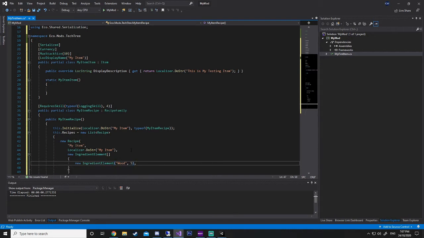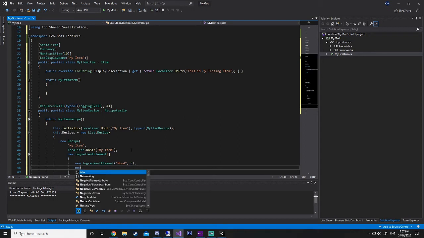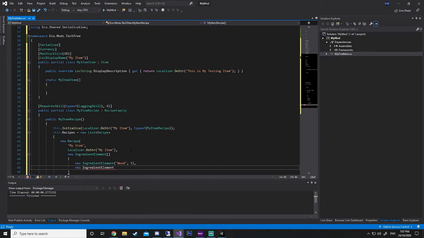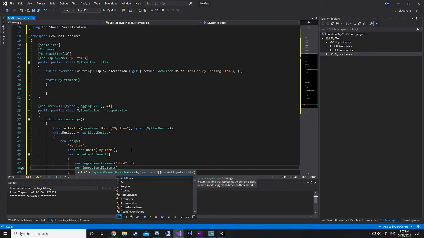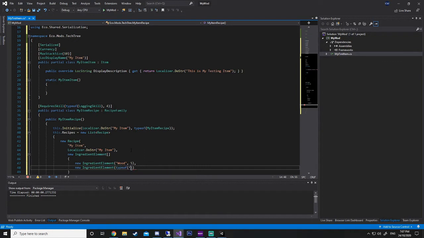Or if you want to add multiple, we just add a comma at the end, and then add the new ingredient element again. And then we're going to say we want it to use not just wood, but we also want it to use plant fibers specifically. So we're going to go with type of plant fibers item, comma, and then how many.